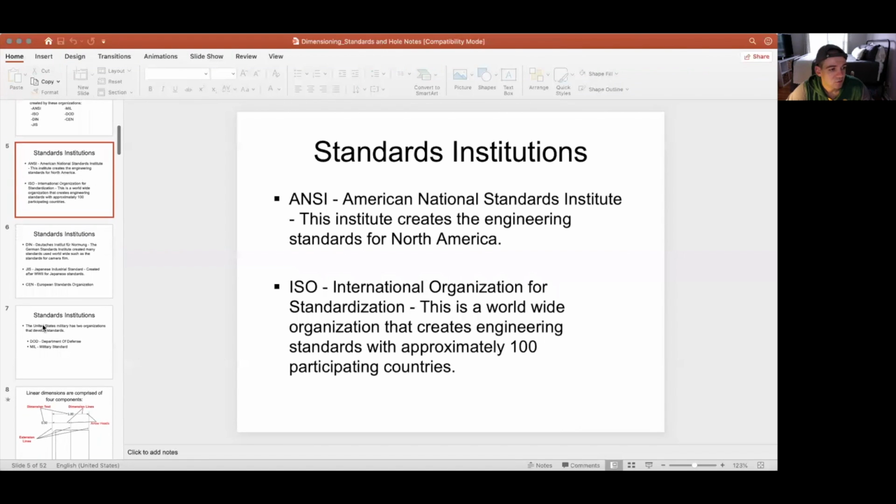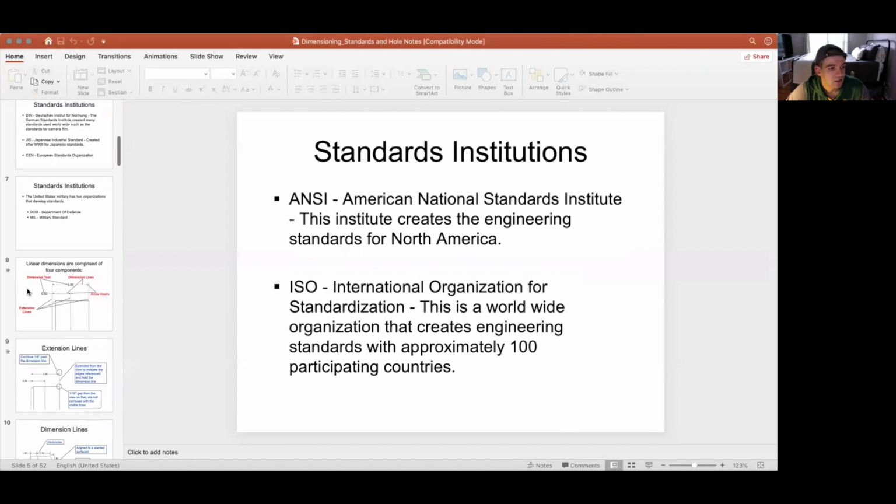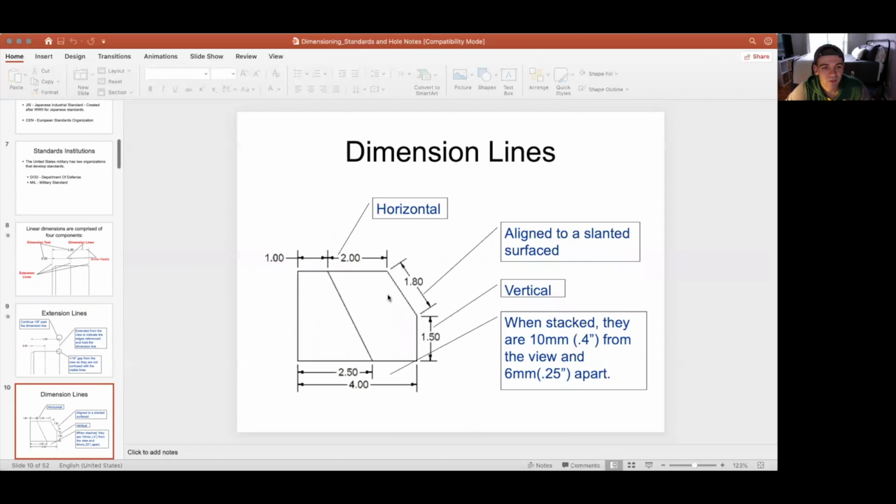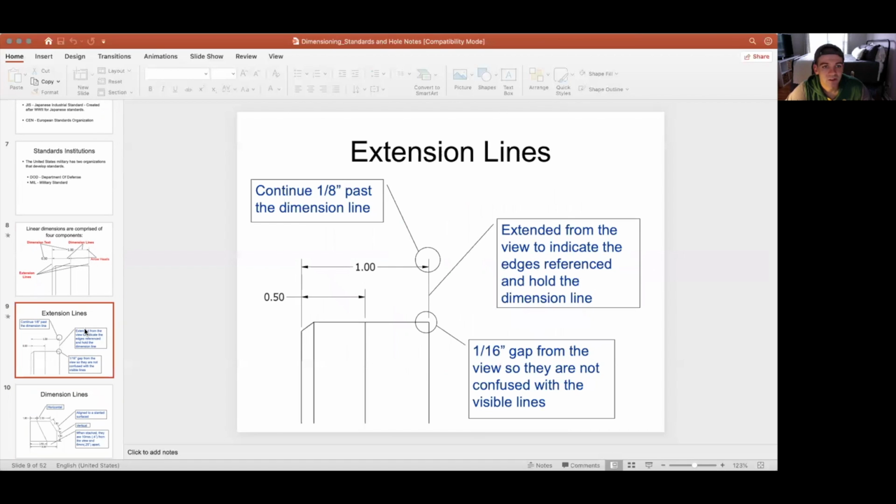I'll skip over a few of these. Here you have dimensions that comprise 4 components. You have your text, your lines, your arrowheads, and extension lines. And then somebody put all these different lines pointing at it right through the shape to make it confusing, but I think that's pretty straightforward. Extension line, extension line